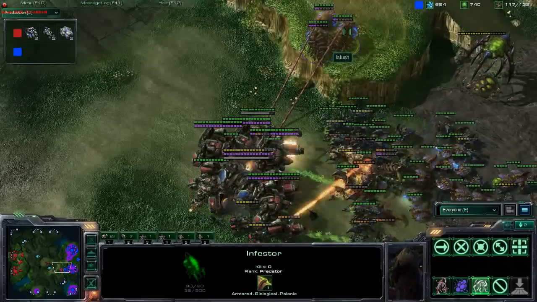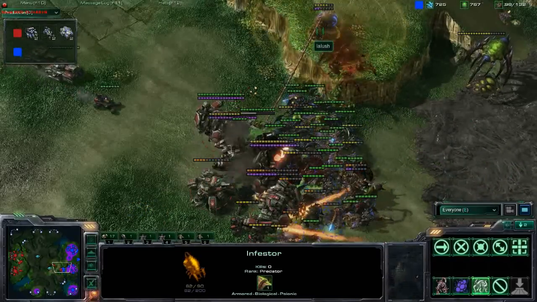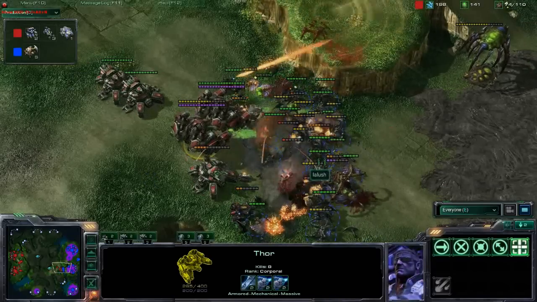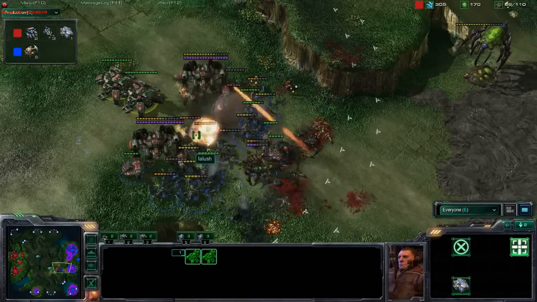But Neural Parasite is done, and he does pull off a few of these Thors. But nice scan going down, and the tanks focusing down the Infestors. And it looks like the Roaches will be able to push this back. No, 2 extra siege tanks come in and still